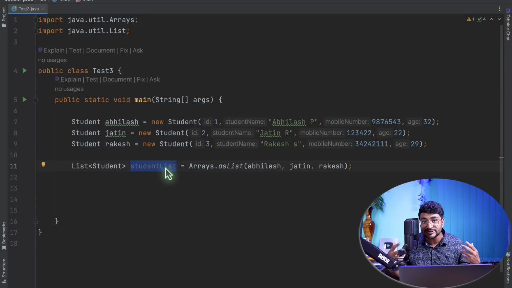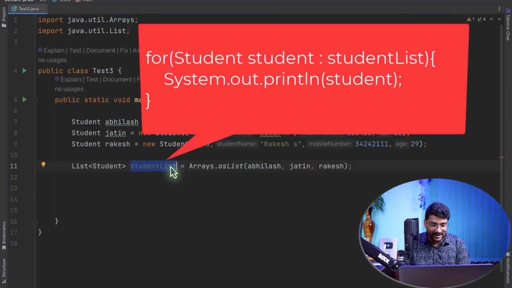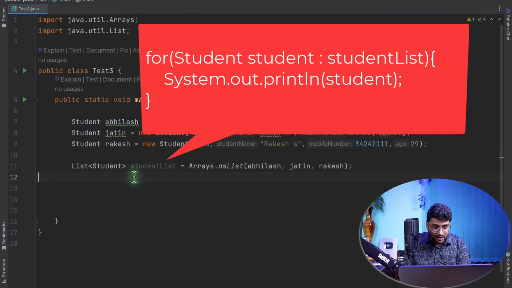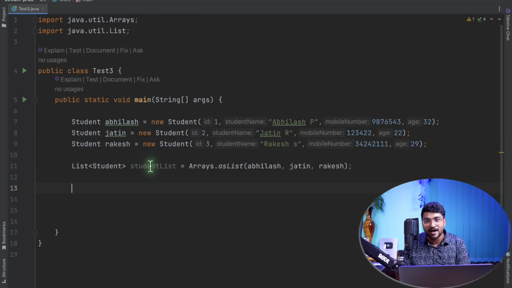Now I want to process them, and I want to print each of the student details into my console. So how can I do that? Well, you can write a for each loop, and you can iterate each student out of this list one by one, and you can print it to the console. That's the traditional way, but this time I'm going to create a stream out of